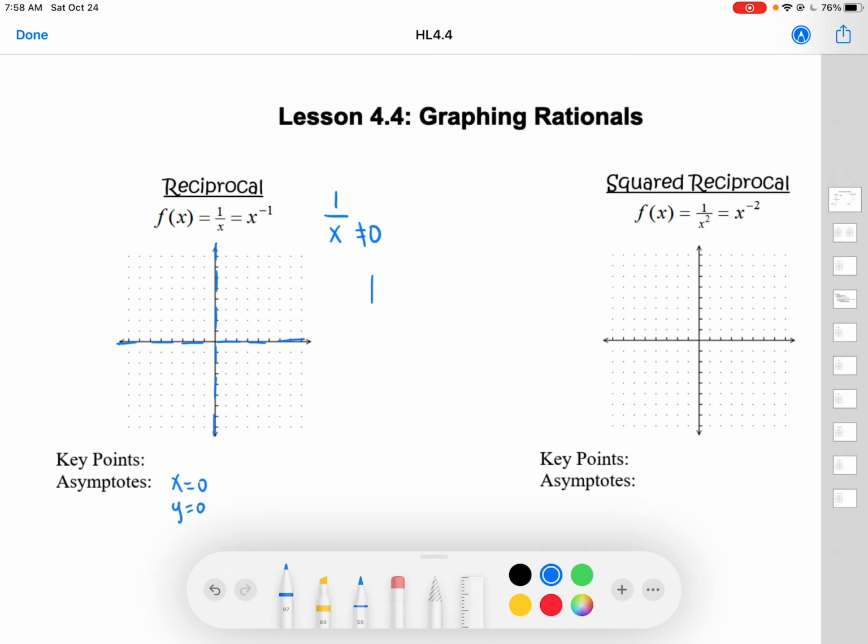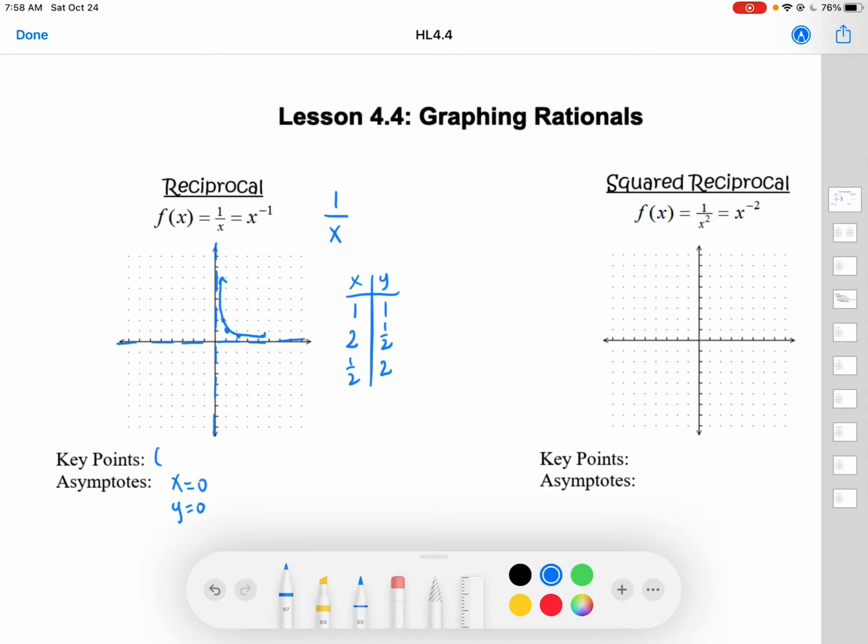0. Then if you make a little table, you don't want to plug 0 in because it's going to be undefined. But if I plug 1 in, 1 over 1 is 1, so we have a coordinate 1, 1. I could put 2 in. 1 over 2 is a half. I could even do a half, and that will be a 2. And I don't know if you notice, but they're just the reciprocals of each other, which is why it's called the reciprocal function. And you get a curve that follows